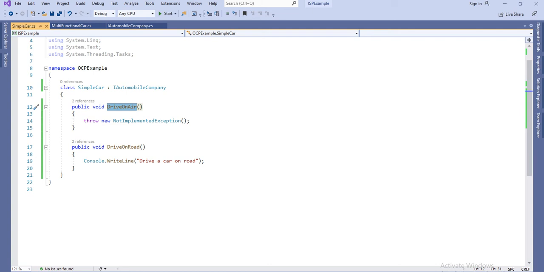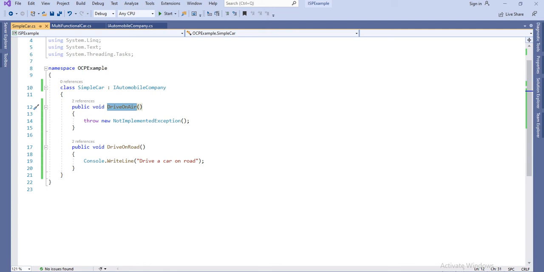So basically it is breaking the rule of Liskov substitution as well, and this is not a proper way. As we have seen in the Liskov substitution principle, if we implement any new functionality, then the derived class or subtype should not throw any exception. So it is breaking the rules of the SOLID principles.